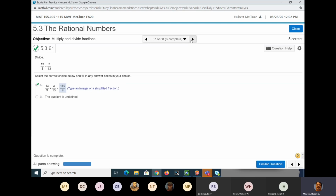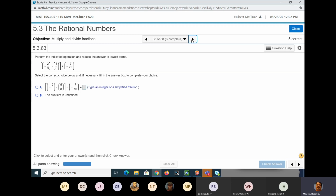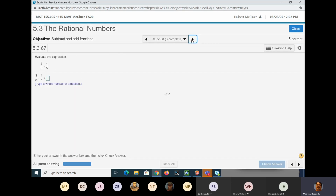All right, let's get to adding and subtracting. No, we can do that one later. I want to get to adding and subtracting. Come on. All right, here we go. We're getting into adding and subtracting now. I want to get to one that's a little bit